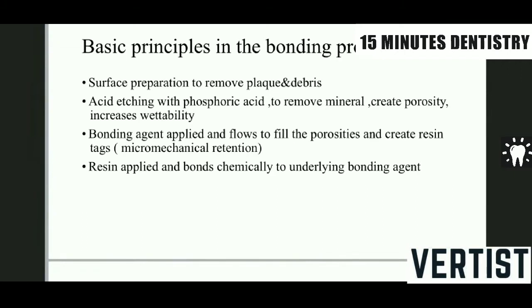There are different acid etching agents which can be used for different conditions also. But generally the role of acid etching is to remove the debris and the minerals and create a surface porosity on your enamel surface. So it is generally called acid etching, and when you put your acid on dentin, it is known as dentin conditioning, because you are not supposed to etch the dentin, you are supposed to etch the enamel. Because of the organic and inorganic content of enamel and dentin, these two terminologies are used.